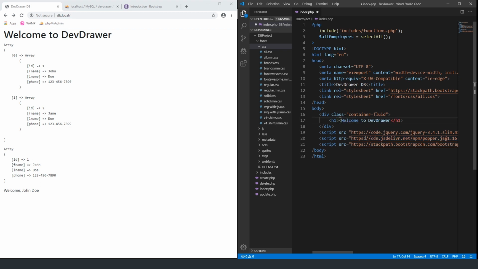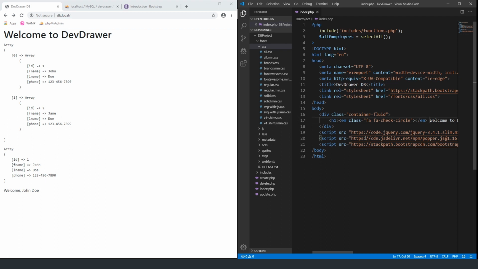So inside of my H1 tag, I'm going to do em class equals fa-check-circle. And the reason why I'm doing fa check circle is because I want to have a checkbox with a circle underneath it, or I'm sorry, inside of a